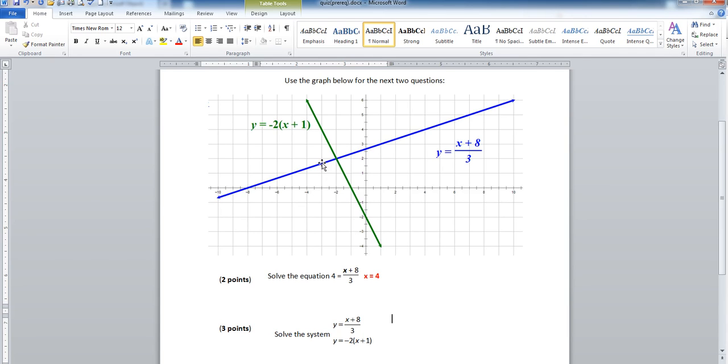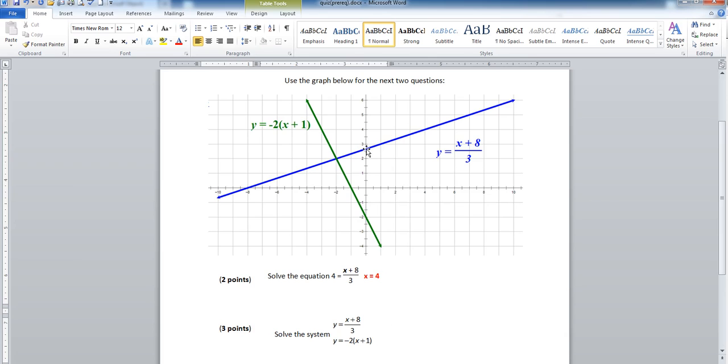So you see, we're having some problems here. We're kind of guessing at x value. Suppose x is 0. Well, when x is 0 on the green line, y is -2. And when x is 0 on the blue line, it's 2 2/3. So there's ways we can guess at this all day long. But again, you can solve this algebraically, or you can just say, all right, is there any point or points